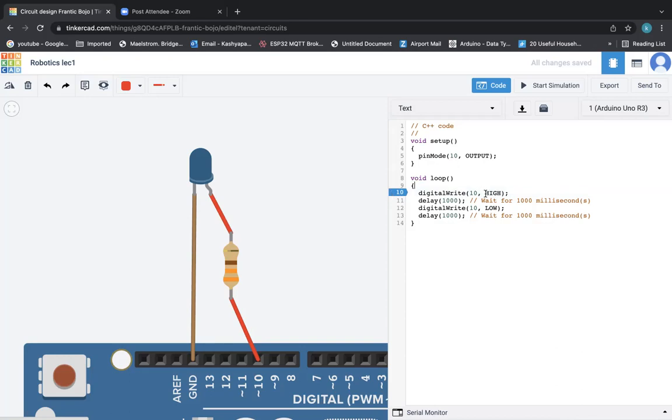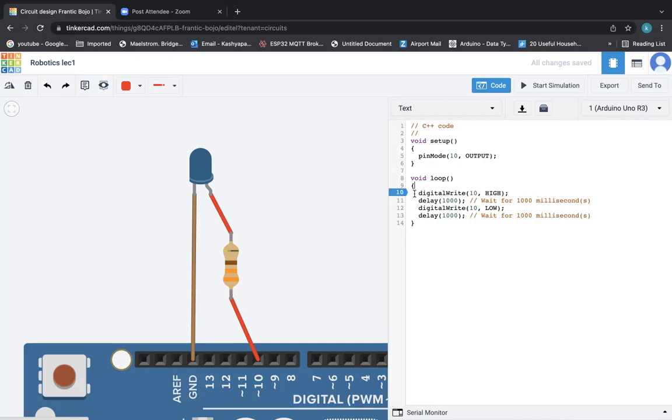So from the 10th line, it says digital write, so that is a command to the 10th pin. You write to the 10th pin high. When you write to the 10th pin high, this Arduino board will start providing 5 volts from this 10th pin, right? So that is what it does. And then delay 1000. 1000 means milliseconds, right? So 1 second is 1000 milliseconds. So that is why it is 1000 here.